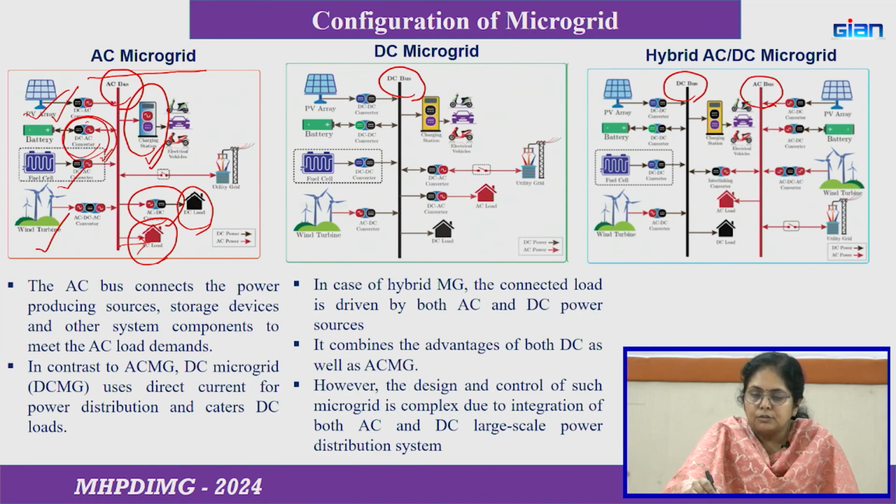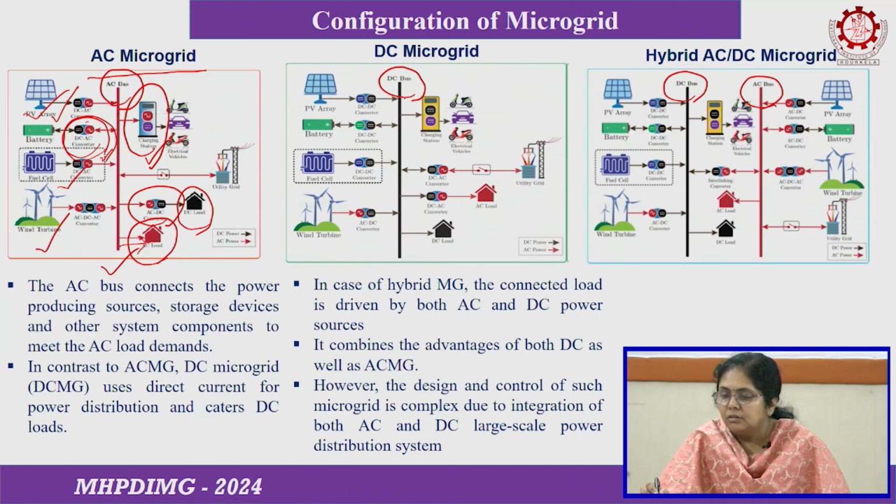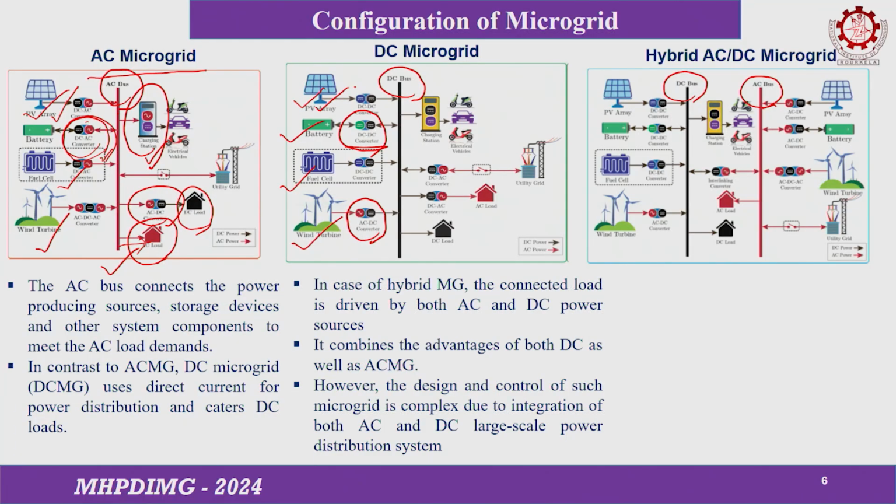So, the first figure shows the AC microgrid, which is connected to the AC bus. Then coming to the DC microgrid, all the sources, the PV and wind sources, the fuel cell and the storage battery, are connected to the DC bus through the corresponding power electronics converter. What will be the role of this power electronics converter? Here I am just including it as a black box. If it is connected to the DC bus and the source is, suppose, PV,